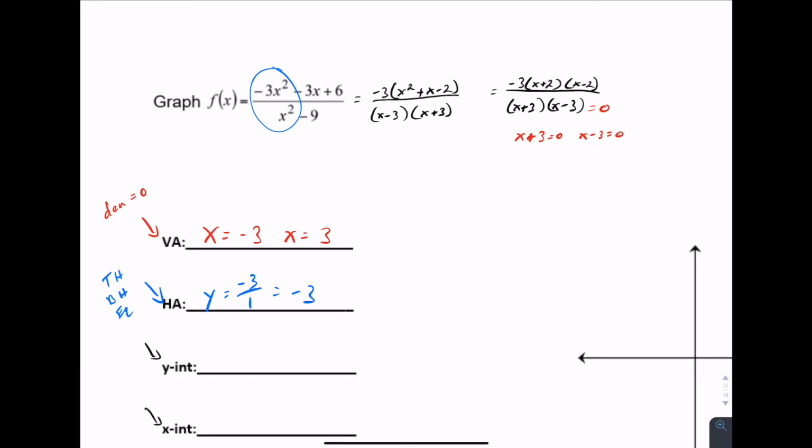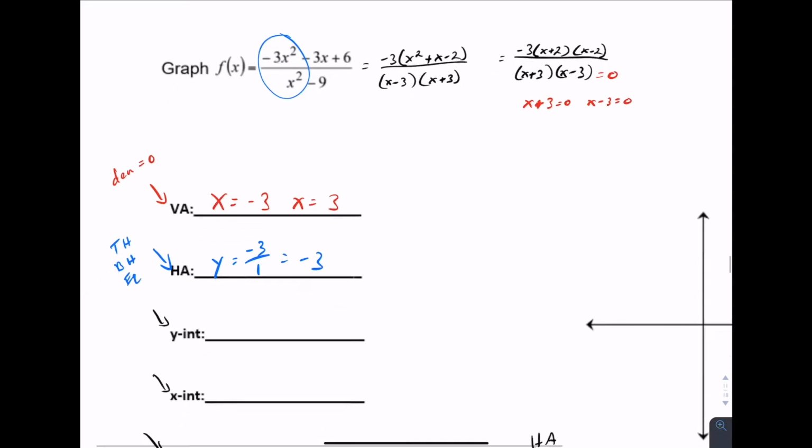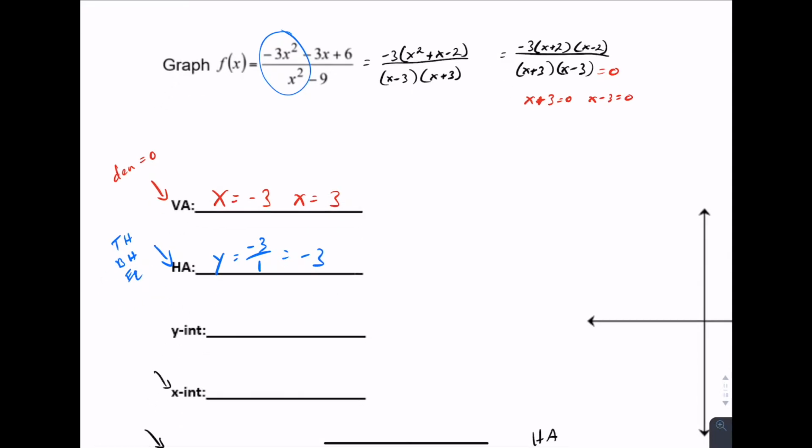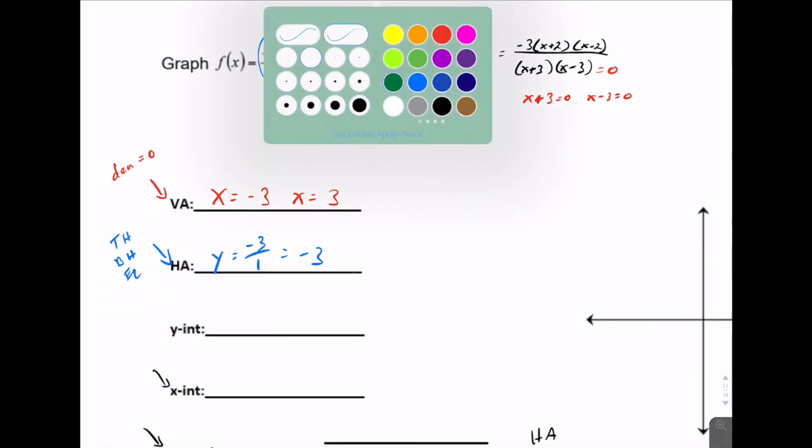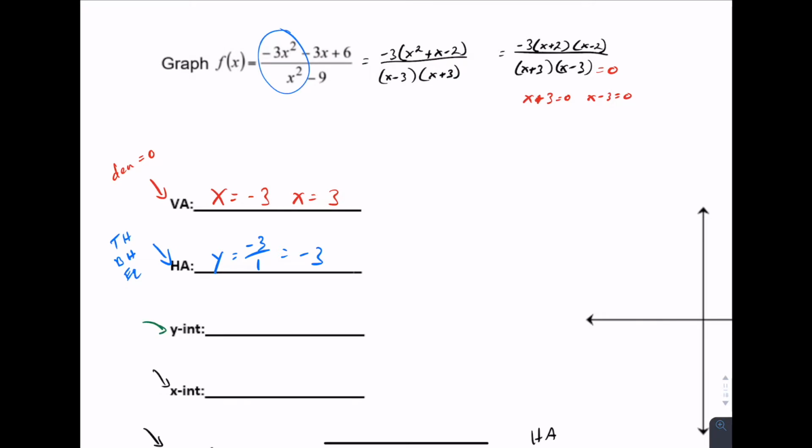Okay, so that's a horizontal asymptote. For your y-intercept, literally just plug in 0 into everything and solve. So the y-intercept is just f of 0. So if we do that and we plug 0 into everybody,